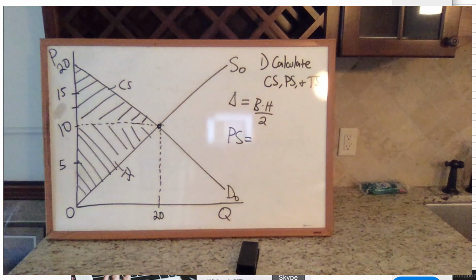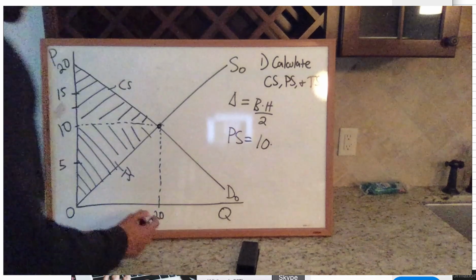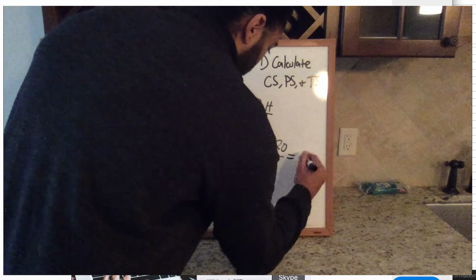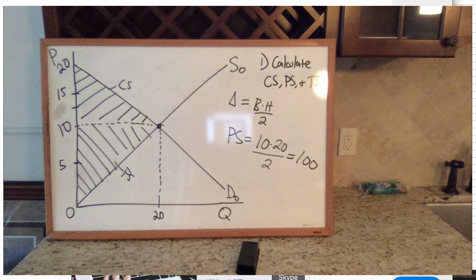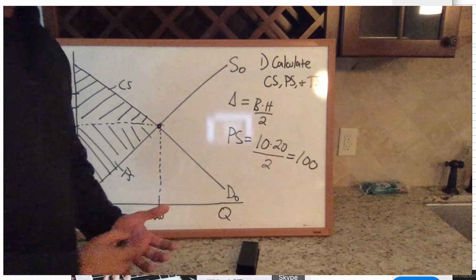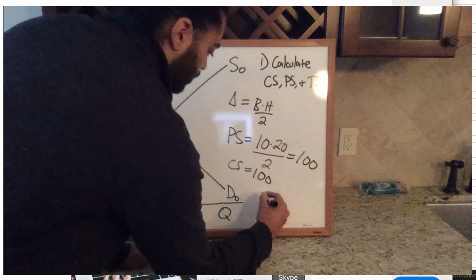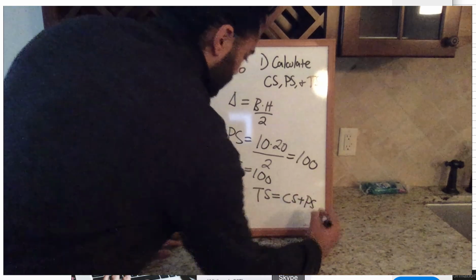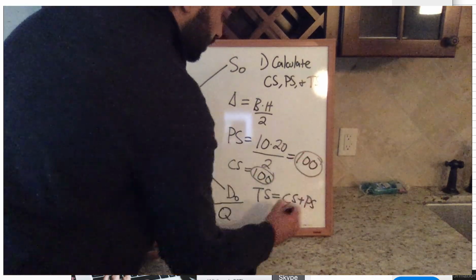So again, we're going to use the same formula, base times height divided by 2. So the difference between 0 and 10, which is 10, multiply by 20. You divide by 2. That should also give you 100. So now that we have producer surplus and consumer surplus, again, our consumer surplus was 100. The formula for total surplus is just consumer surplus plus producer surplus. So the total is the sum of these two numbers, which equals